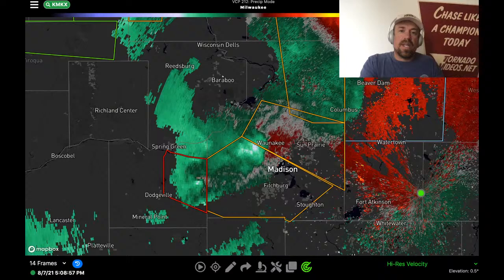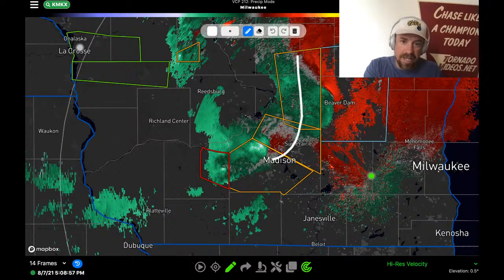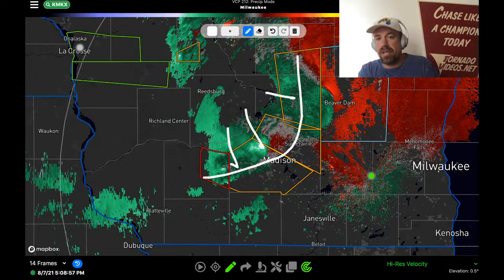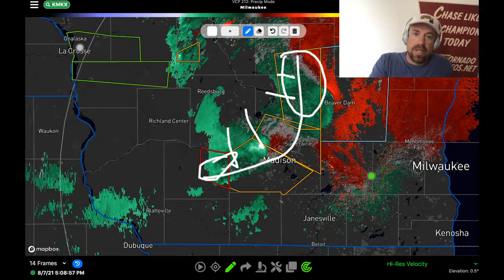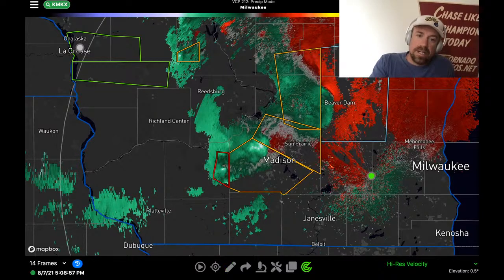But usually the southern edge of these big bows like this, the stable air coming in back behind that bow echo will act to undercut any surface-based storms that can develop along the southern edge. Usually you want to watch the cyclonic portion of that bow. If this is kind of the halfway portion of the bow echo, then usually anywhere north of the halfway portion, the atmosphere is encouraged to produce cyclonically rotating vortices, whereas anywhere to the south of that, it's usually discouraged to produce cyclonically rotating vortices. But in this case, a supercell developed on the southern edge of the cluster that prompted